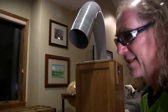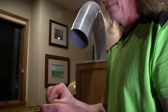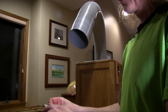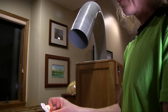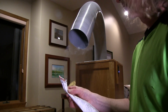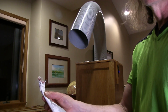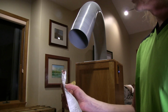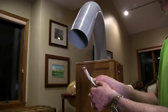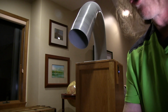Like I said, this is not even close to what a handpiece makes. So I'll just show you. I'm going to light a match. We'll see if we get the air. Get a piece of paper. As long as I don't catch my house on fire. You can see that, even from here, it's all getting sucked up. I mean, you can see this is still lit. Anyway, before I burn my house down,